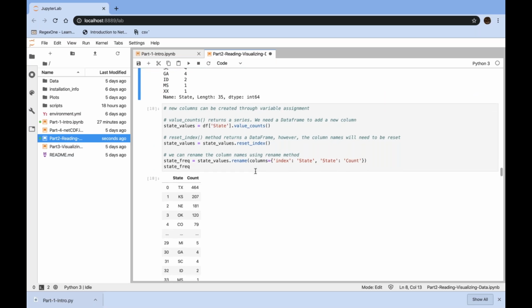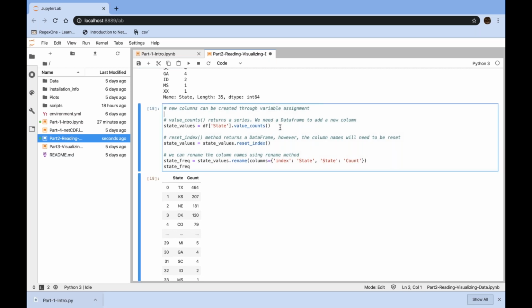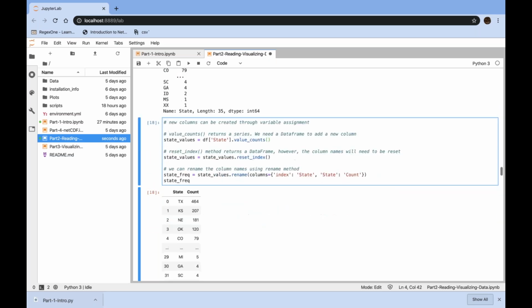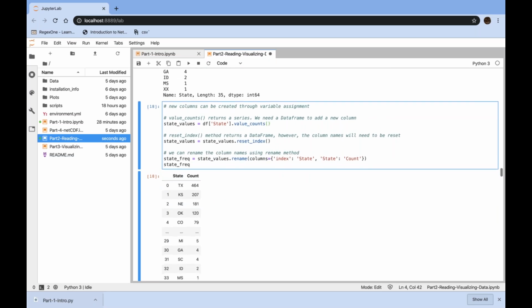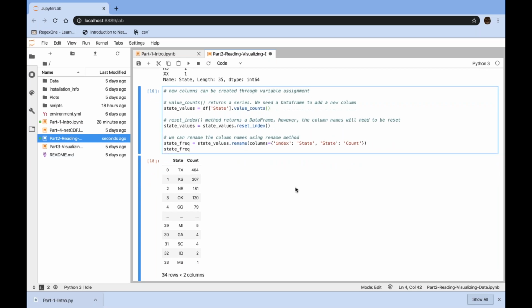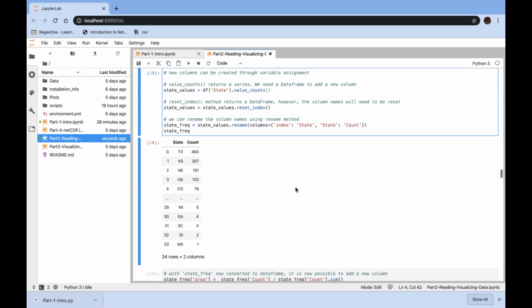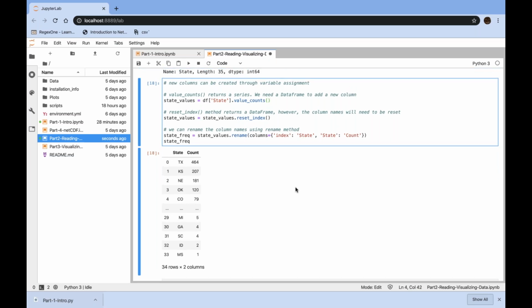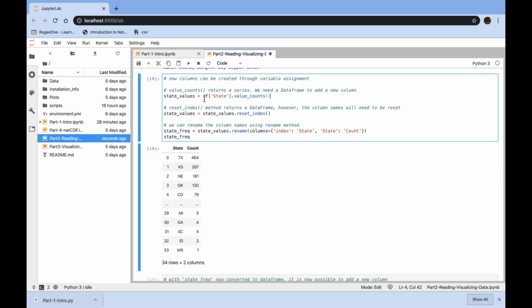One of the other nice aspects about pandas is that it's relatively easy to create new columns. We know from the previous printout that we have 9 columns, but we want to create a new column for counts, the number of states. And so the way we do that is we simply